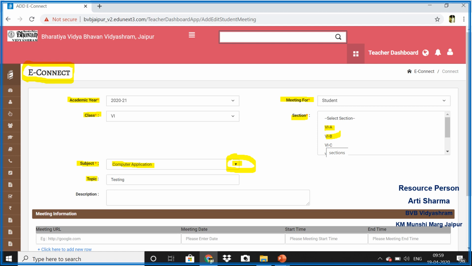Now my most important suggestion to you all: whenever you are practicing on this app, always use the word testing. Whatever you are doing will not be published unless you press the button publish.